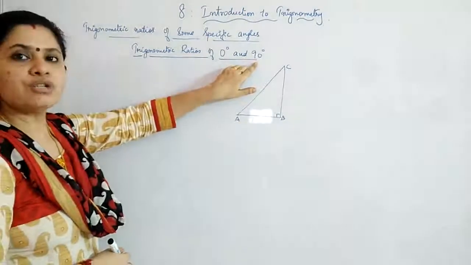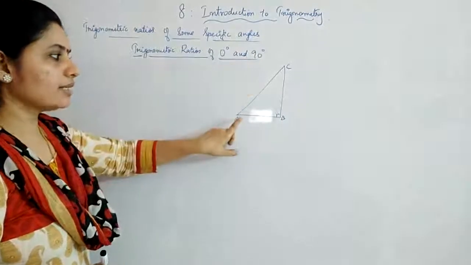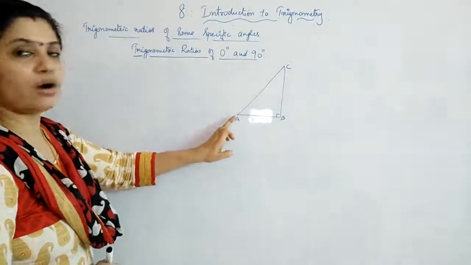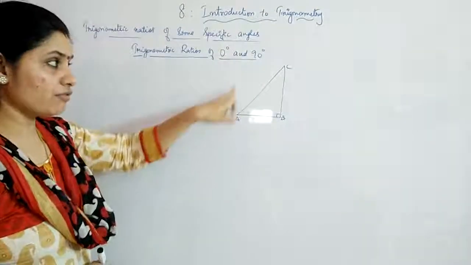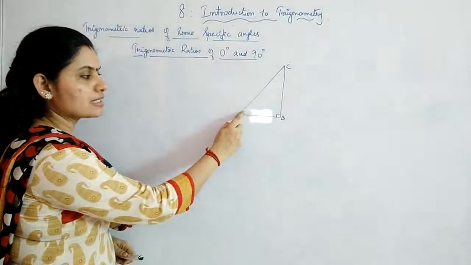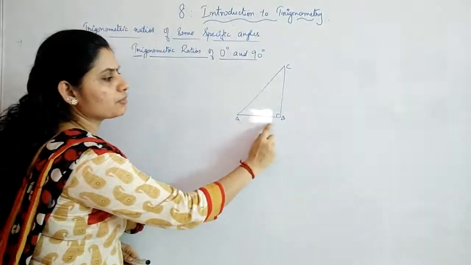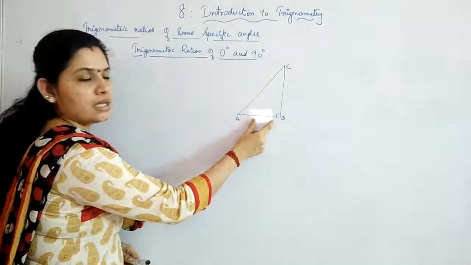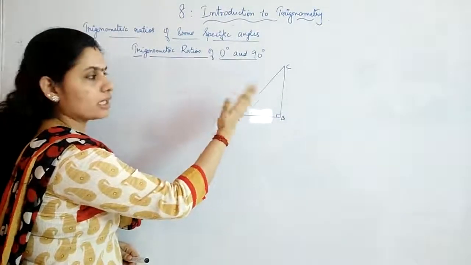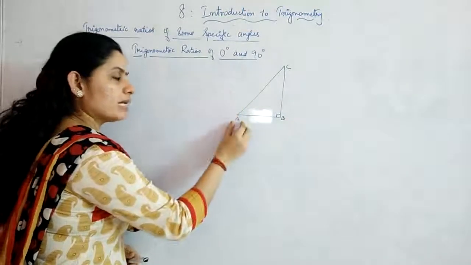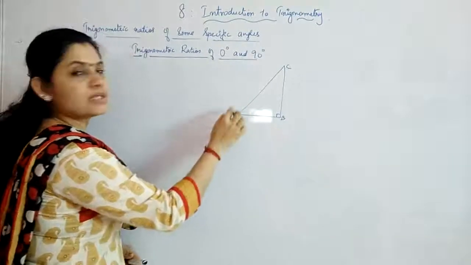Now we are talking about 90 degree. In order to get 90 degree here, we are just increasing the angle A of triangle ABC. How will we get the angle A increased? When this point A is approaching the point B, the angle will be like this. We are making this move until it becomes 90 degree.